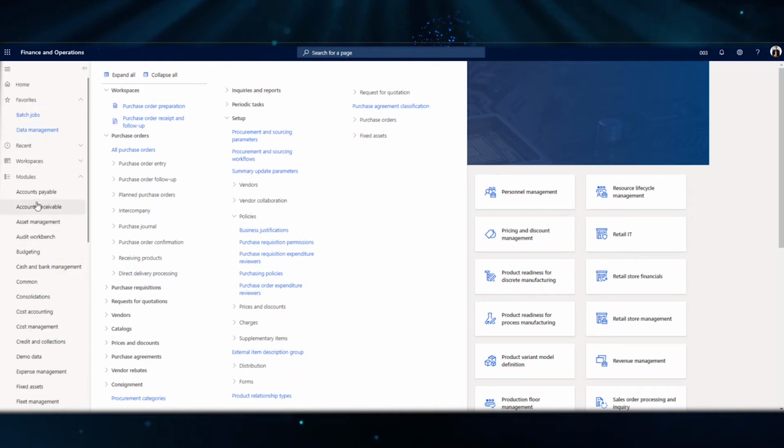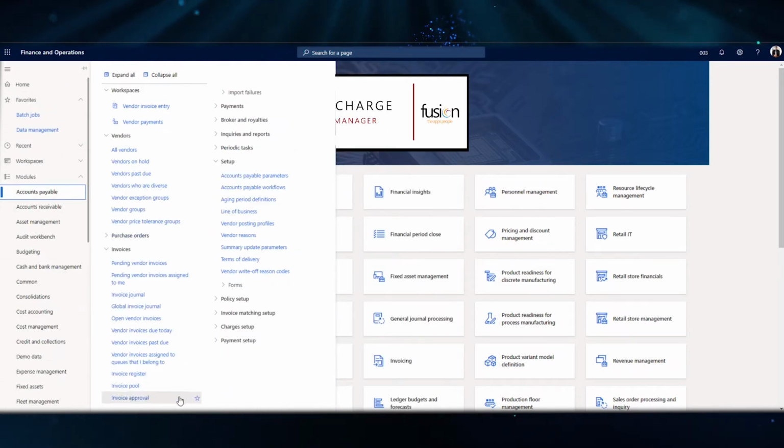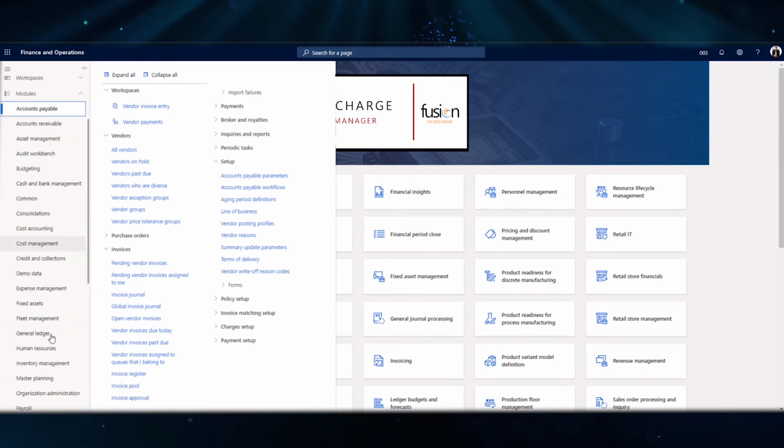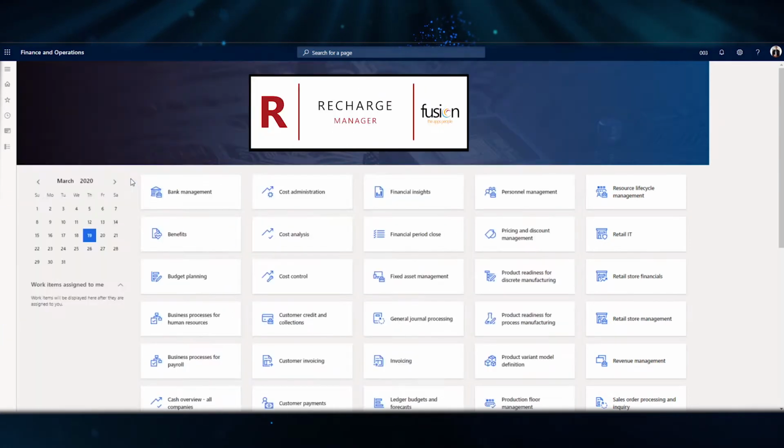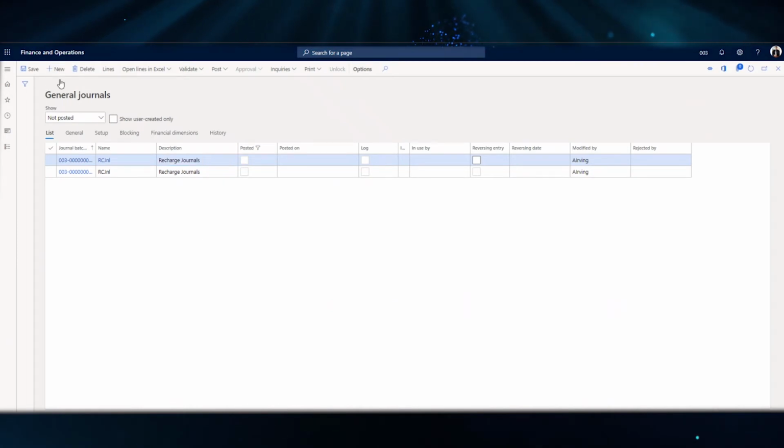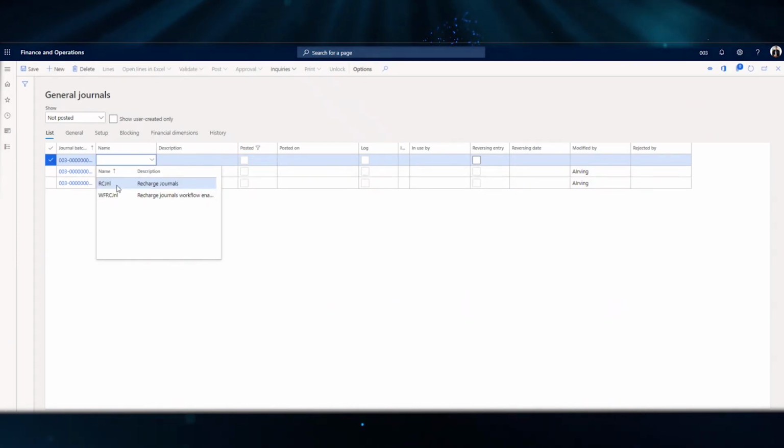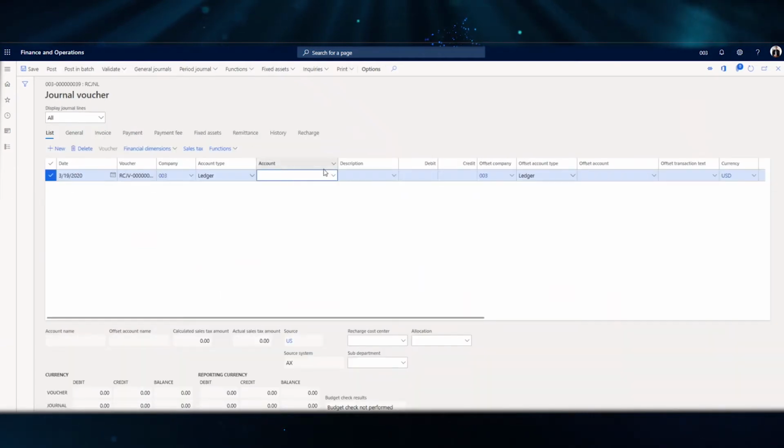Alternatively, we've also got the ability to raise vendor invoice journals. We have gone through that in a separate video, this one over here, as well as the invoice approval process. Both of these allow for the invoice Recharge attributes to be assigned to the journal itself. Lastly, we have the ability to raise a general journal. And in a general journal, we can raise Recharge ledger attributes in the same way as we did in the vendor invoice journal process. So I'll just go through a quick process over here, showing you how we can select